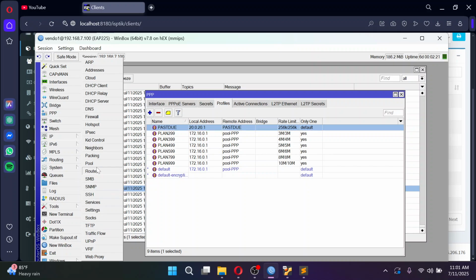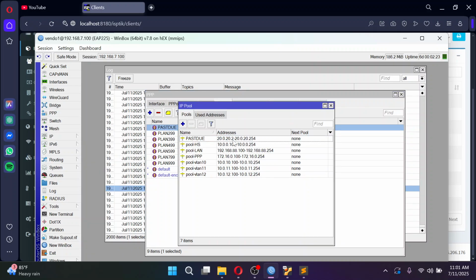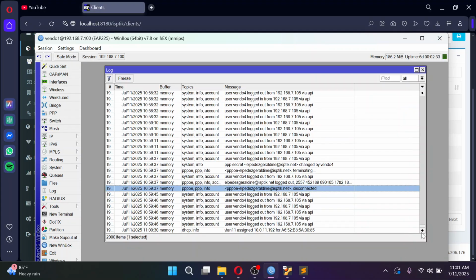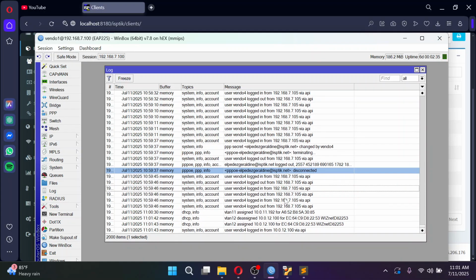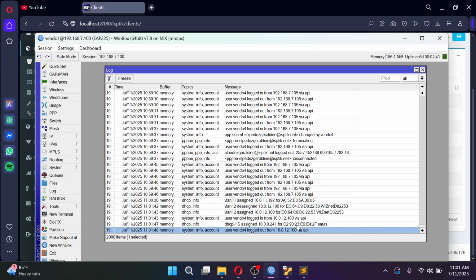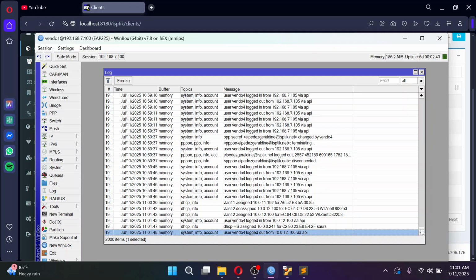Okay, it will now obtain an address within this range. So 20.0.0.2 to 20.0.255.254. So let us wait. Okay, so disconnected. So it's not going.